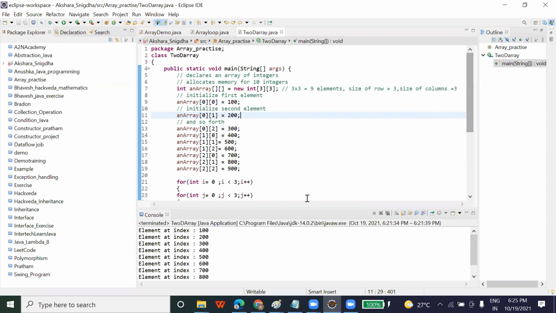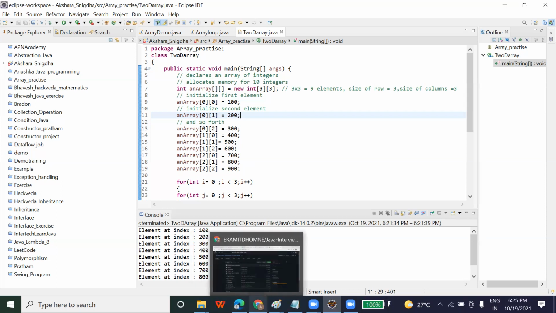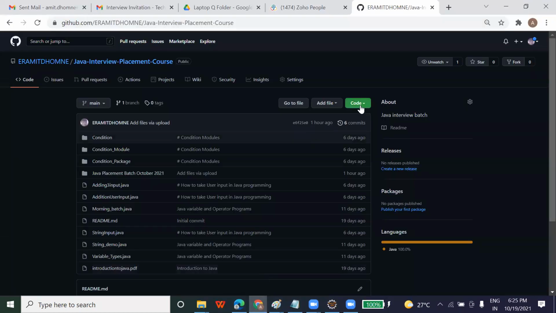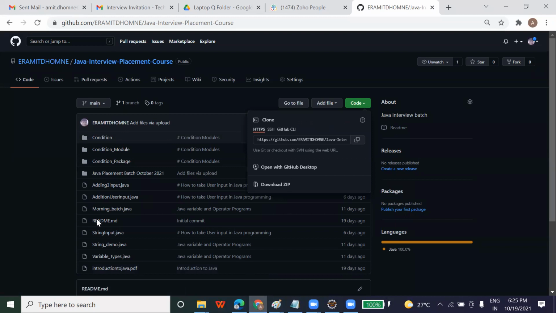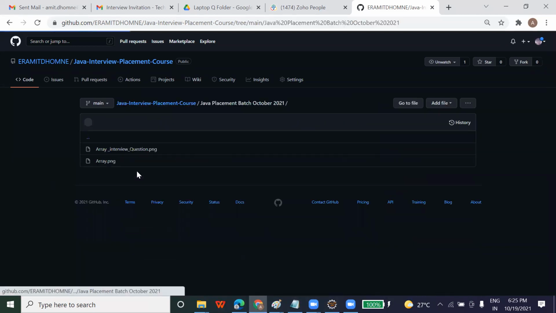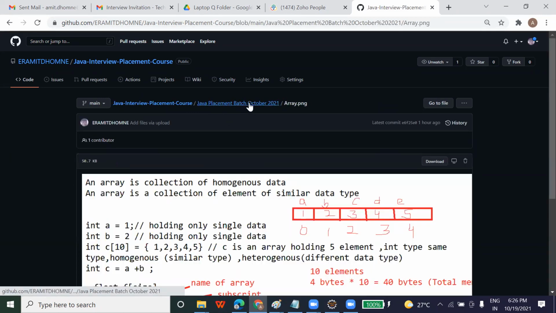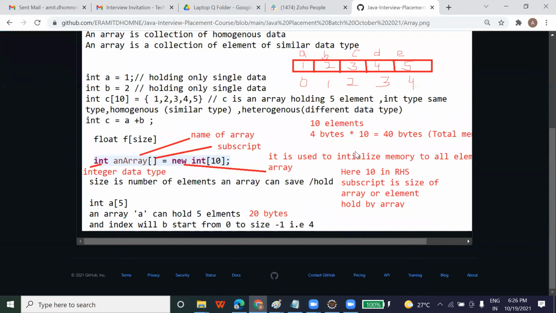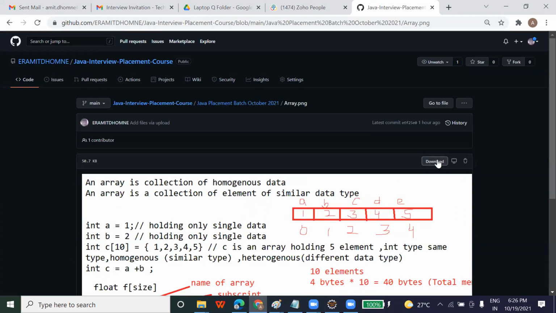Yes, sir. Good. Tomorrow I will share all this code with you on GitHub. How are you going to download it? Just click on this code and download zip. The whole code will get downloaded. Then in that code, look for the array part. I have also added yesterday's explanation, you can see it in the Java placement batch here. You can download this as well to understand the concept.